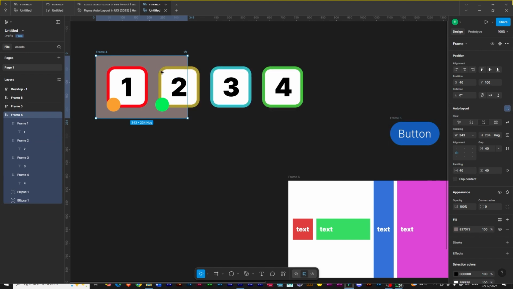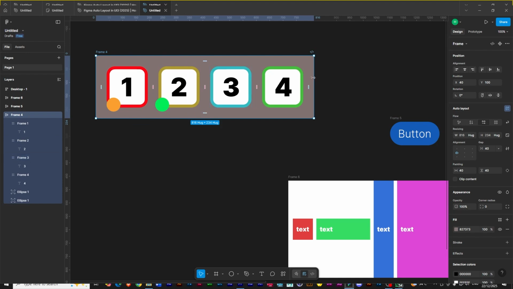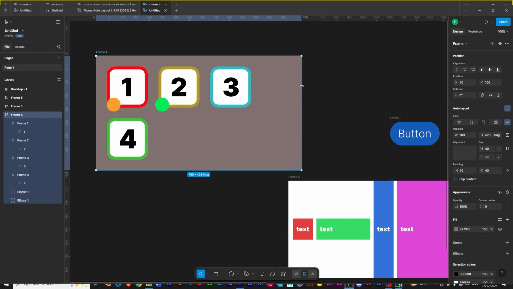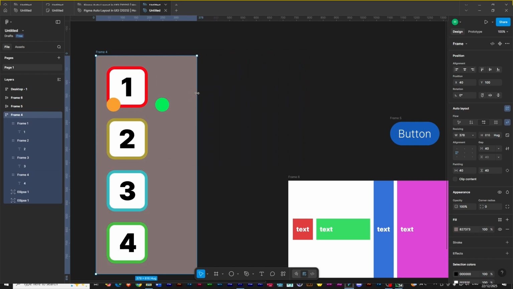And maybe that's not what you want to do. So why is it behaving that way? That's because in the auto layouts on the main frame here, yes, it is flowing horizontally, but if you want it to wrap, then you have to click on this button here. And once the spacing between these elements gets smaller than wherever it is now, right now this is 40, once it gets smaller than 40, it wraps the 4 and drops it down, and so on like that. Okay, so